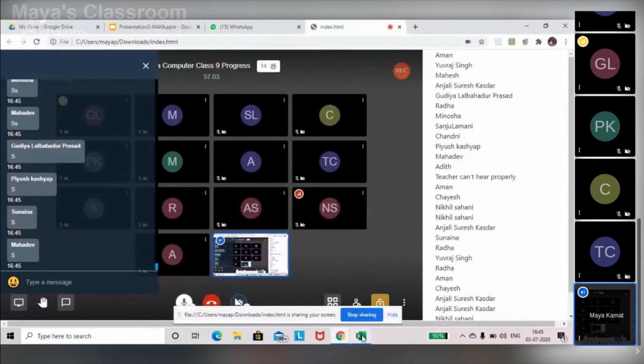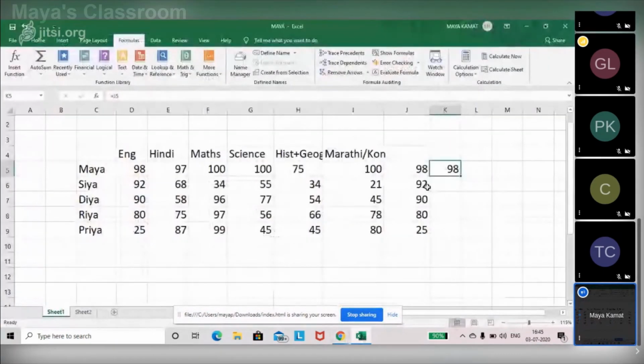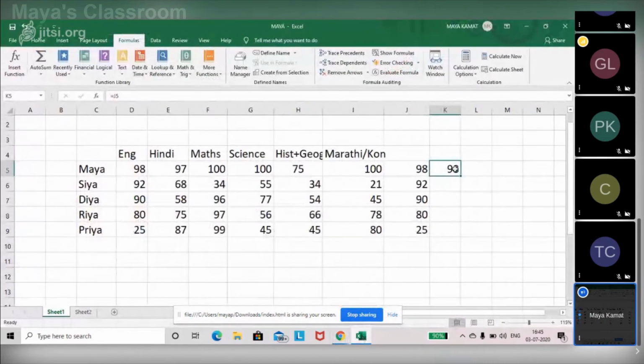Okay. Now comes the twist. Let's say I put a dollar sign. Just notice this change. I have put a dollar sign before D, before 5.